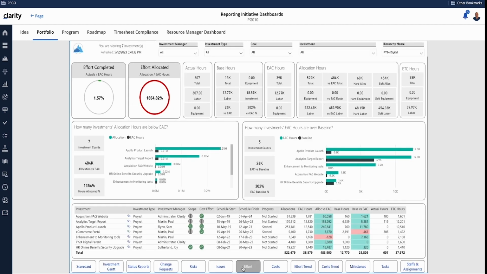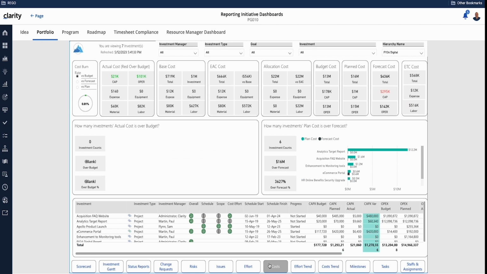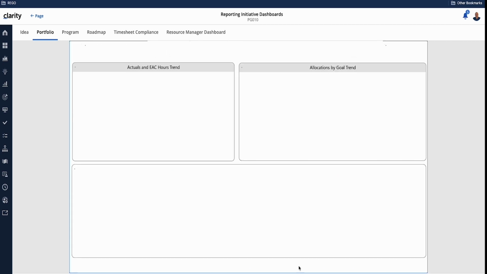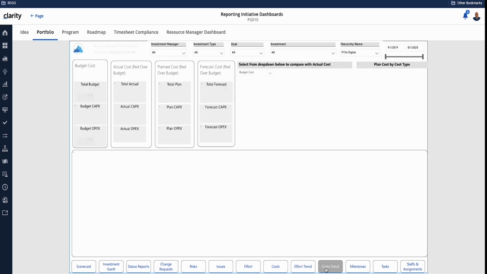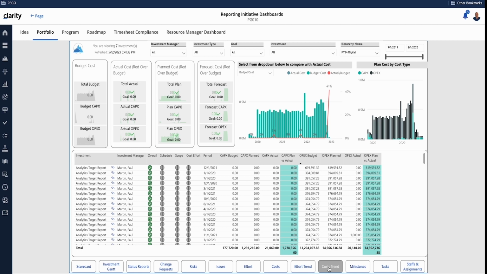In this case, we're looking at then all the effort. And we separated effort and cost because we know some of our customers don't look at both of those. And so they're on 2 different dashboards here. And then we also included trending. So what's going on over time? So we can look at an effort trend or a cost trend, drill in and filter, summary information, CapEx and OpEx in this case,